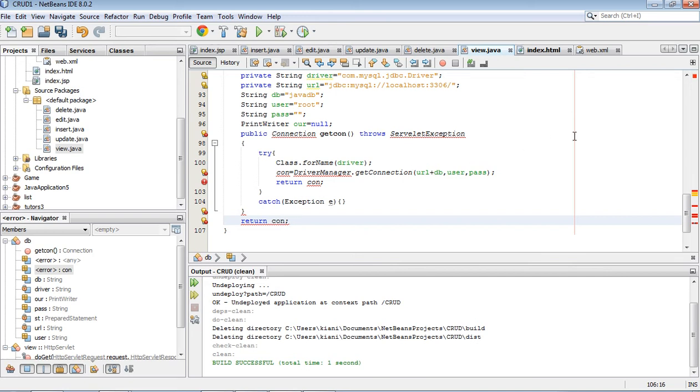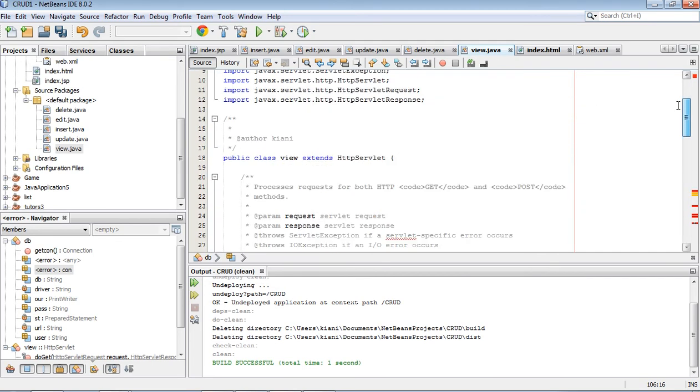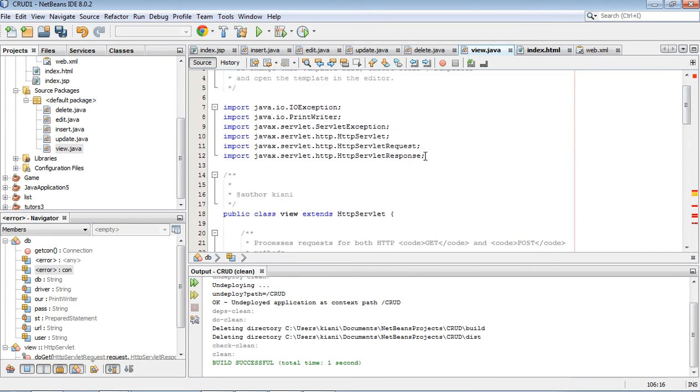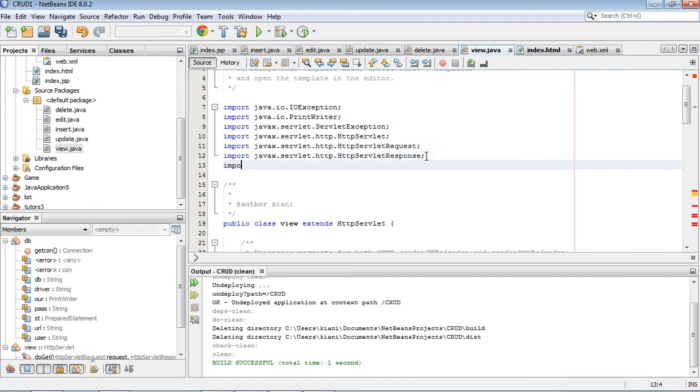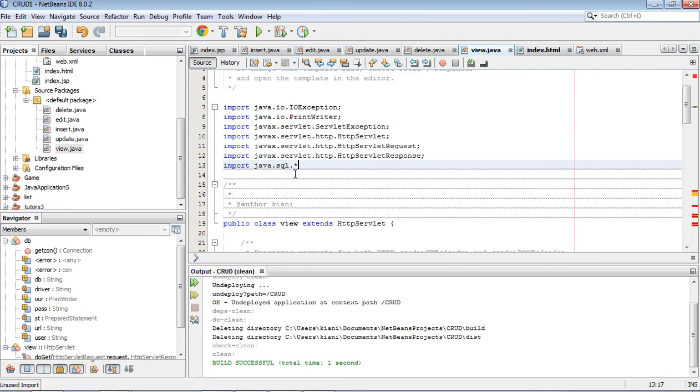Okay, try catch, Exception e. Class.forName(driver).